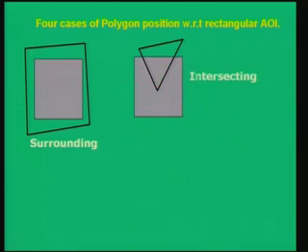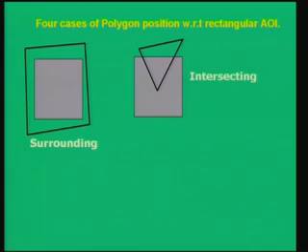This is a case of intersecting. As you can see, the projection of the polygon, in this case, is a triangle, now from a quadrilateral I have gone to a triangular polygon, and so a projection of a triangle will be a triangle in 2D, and as you can see, partly this triangular polygon will be overlapping with this rectangular area of interest, which is this gray color rectangle. So, this is an example which illustrates the case of intersecting a triangle with this rectangular area of interest.